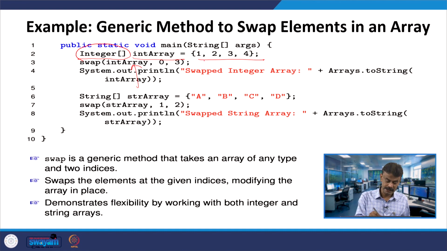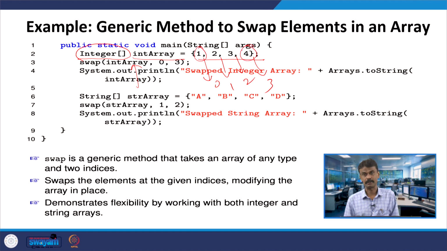So, which is the 0th index? This is the 0th index 1, this is 2 and this is 3, 0th index, 1st index, 2nd index and 3rd index, alright. So, I am passing this int array, the complete array will be passed and the indices are 0 and 3. So, that means 1 and 4 should be swapped, positions should be swapped, right.